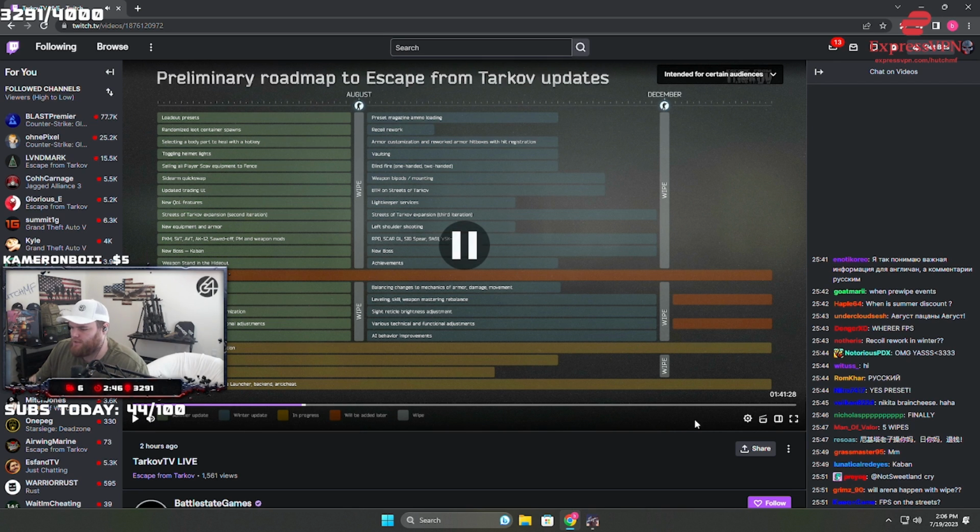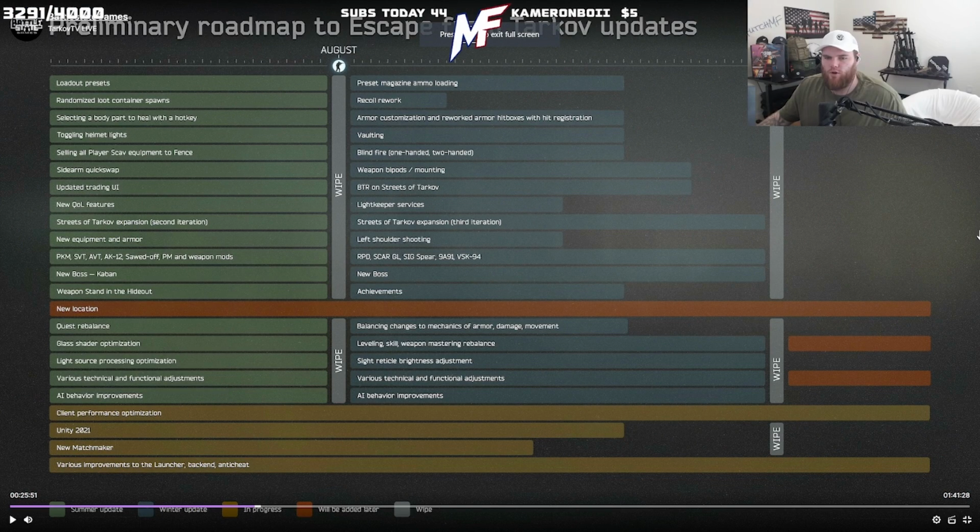Okay, so this is the roadmap. This is our updated version of the roadmap. All the green is what we're expecting next month during the wipe, which we have confirmed is in August. So loading presets, randomized loot container spawns, which is whenever you pick up items,